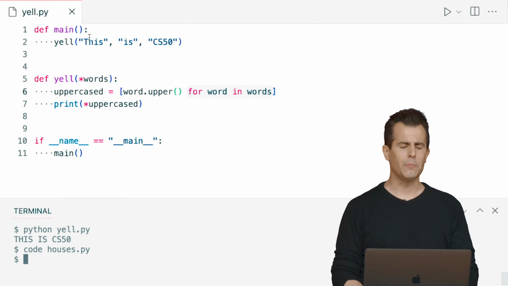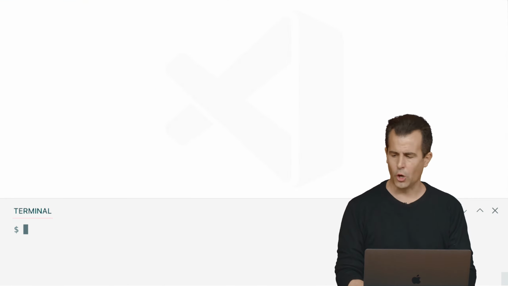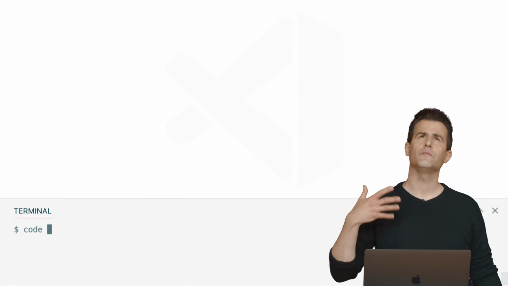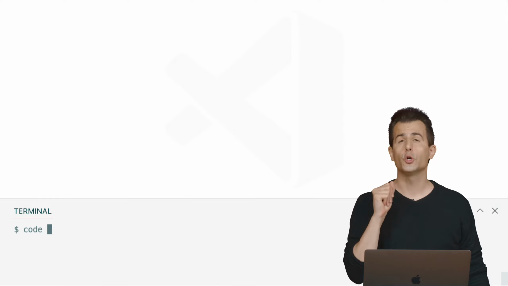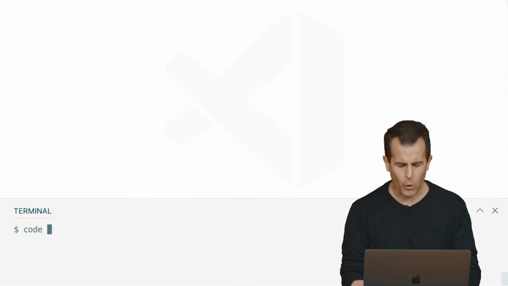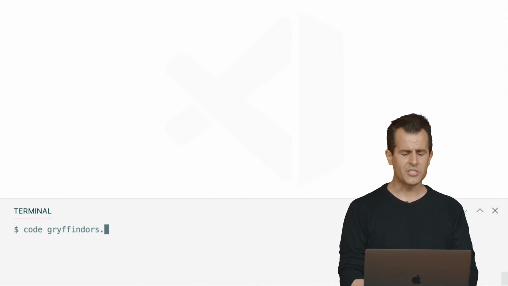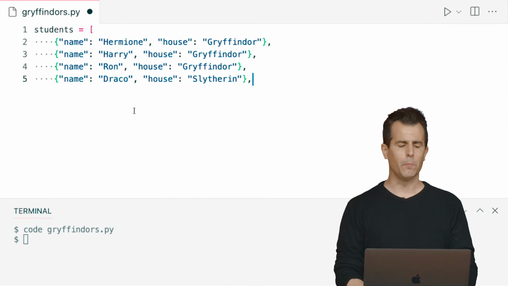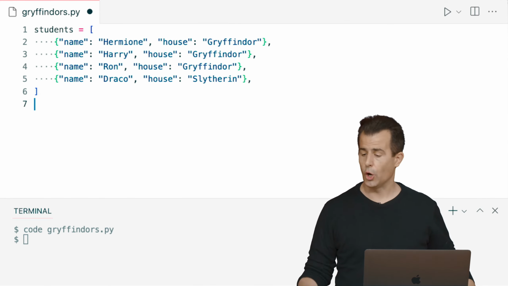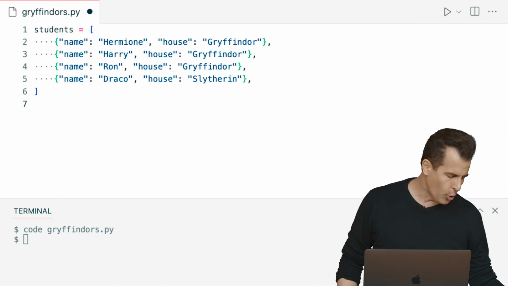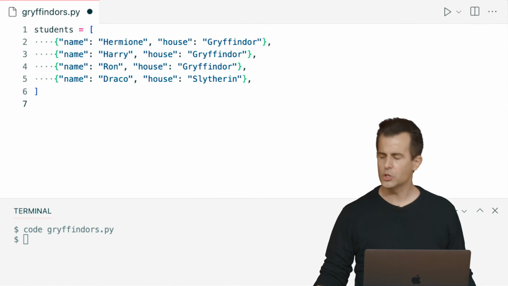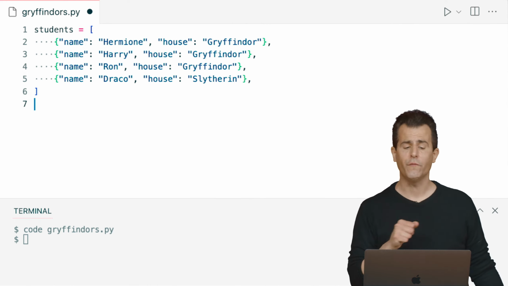So in fact, in VS Code here, let me close yell.py and close my terminal window. And let me create a new program here whose purpose in life maybe is to take our same list of students as before, with a shorter version thereof, and just filter out all of the students in Gryffindor. So let me go ahead and create a file called gryffindors.py. I'm going to go ahead and copy paste from before my list of students, at least Hermione, Harry, Ron, and Draco from the start here, just so that I can focus on one student who happens not to be from Slytherin. And what I'm going to do here now, if I want to filter out only the Gryffindor students,